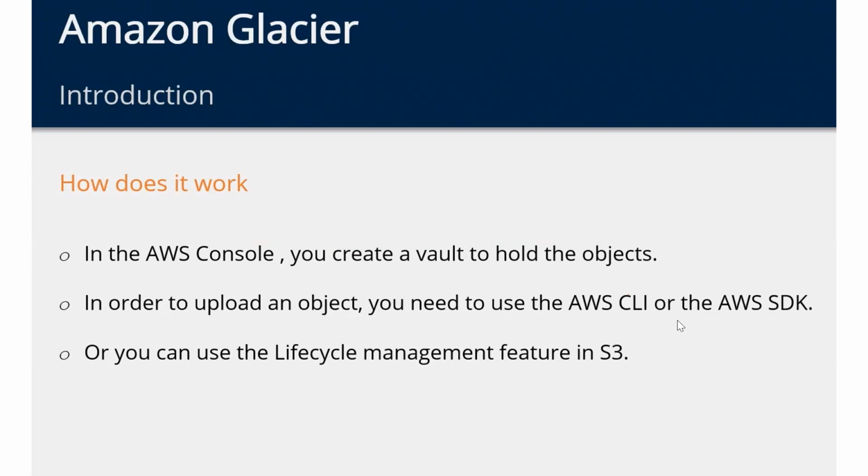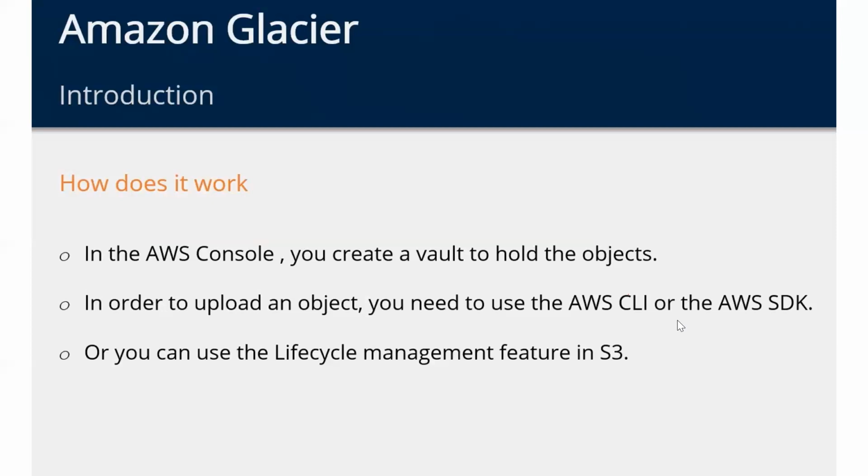Software development kit. SDK means software development kit. There are several ways you can access Amazon resources, not only S3 buckets, but any Amazon resources. You can access them through the AWS console, or using the CLI. CLI means command line interface, where you write commands, Linux commands, and access it. But most of the time we access through the AWS console.